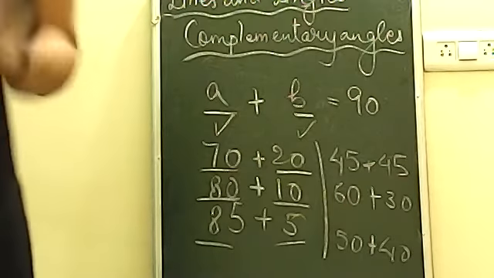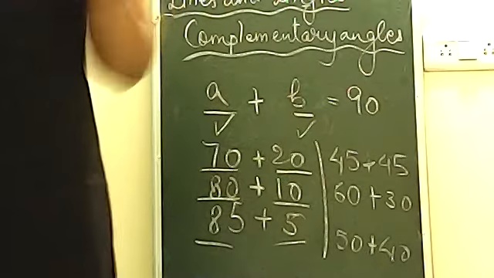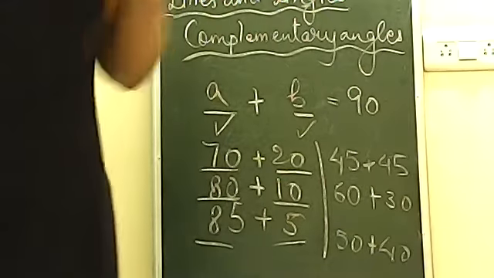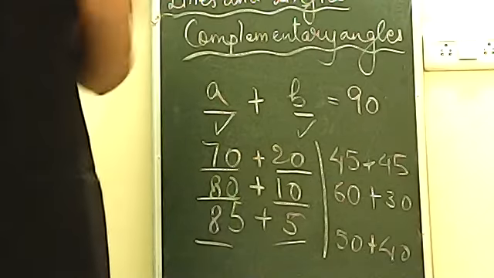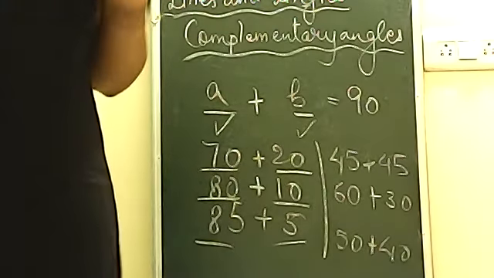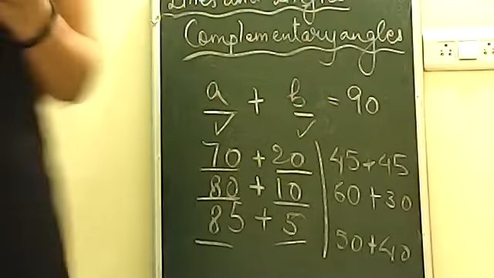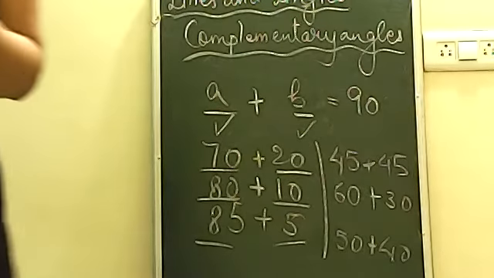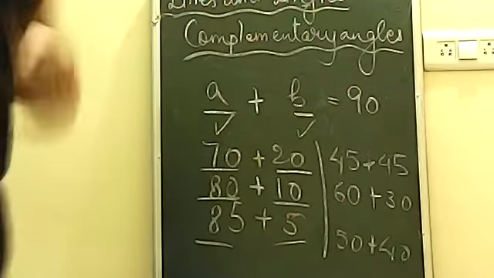So remember, for complementary angles, I am telling you a very important line, note it down somewhere. Complementary angle pair should only contain acute angles. Okay, write it down somewhere as a note that complementary angles should include only acute angles. Okay, this is one concept.